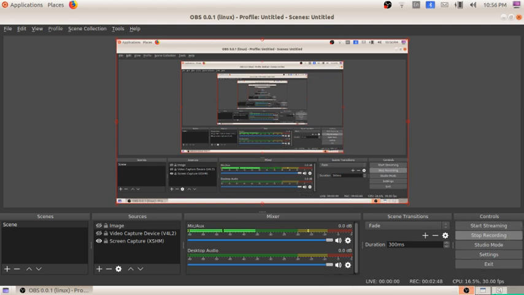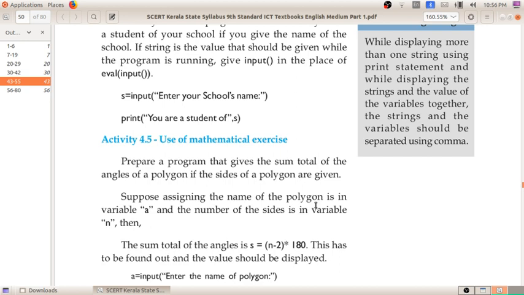What is a polygon? A geometrical shape which has more than two sides is called a polygon. A triangle is a polygon, a rectangle is a polygon, and a square is also a polygon. We can take any polygon and calculate the sum total of its angles. The sides are given, and for getting the sum total of the angles of the polygon, the sides are enough.